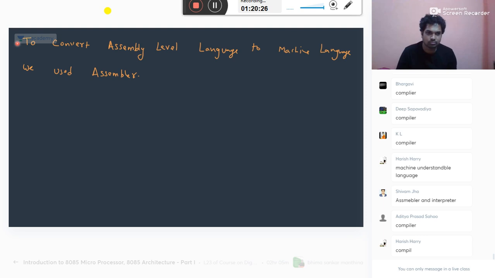Next, to convert high level to machine level, we use